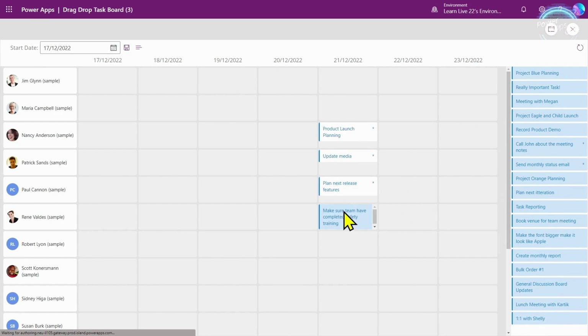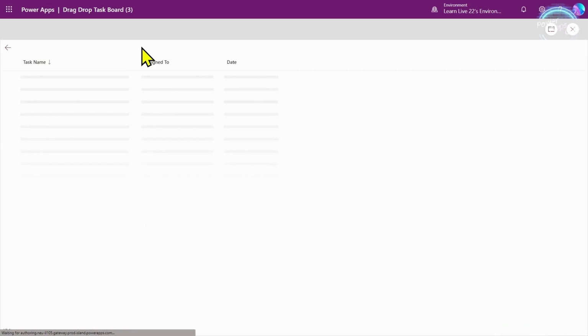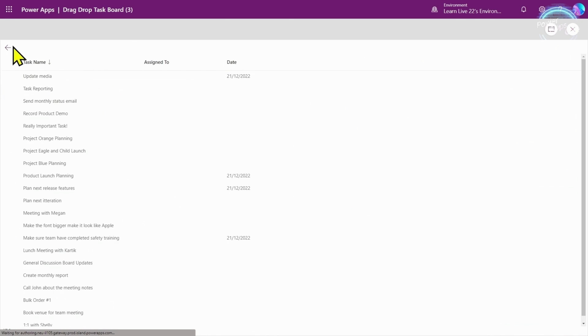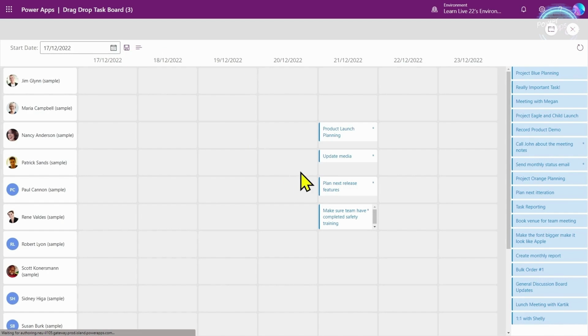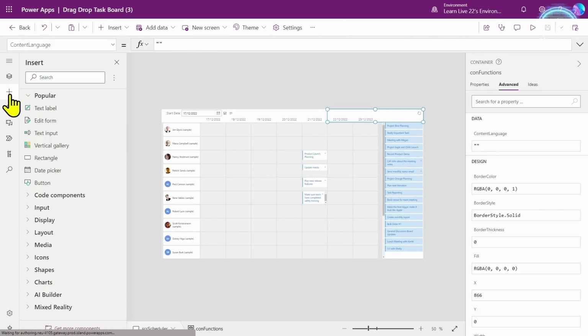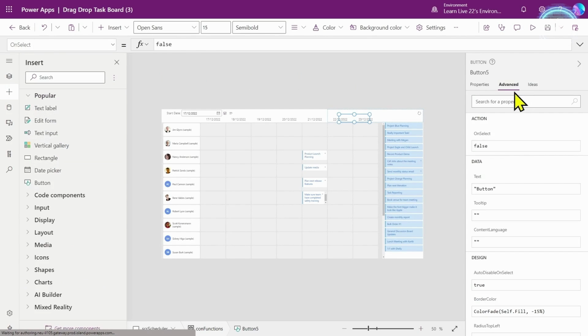The second part of the puzzle, obviously, is we need to now save that into Dataverse so that we've persisted this, because whilst I can now move to another screen here and we've got the assigned to, if I move back again here, it's now preserved it because the state is in the collection, which is really, really good. It means that we don't lose it between screen navigates. But if I refreshed, it's not actually going to come back from Dataverse. So I'm going to create another function. So by adding in another one of these buttons, I'm going to call this function save tasks.